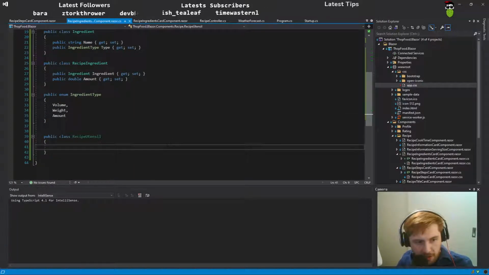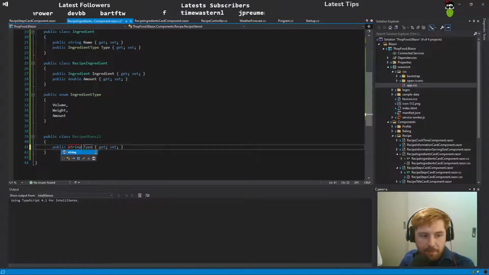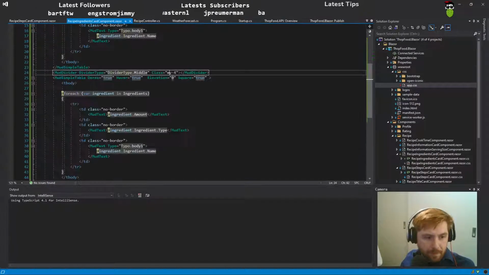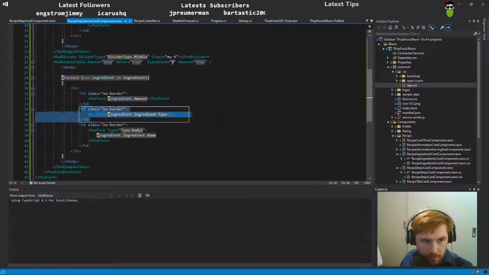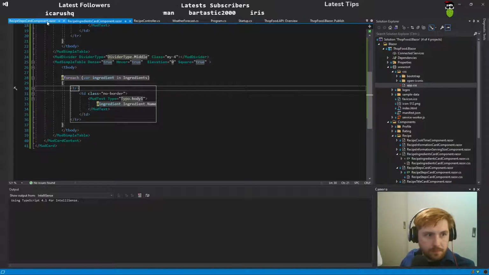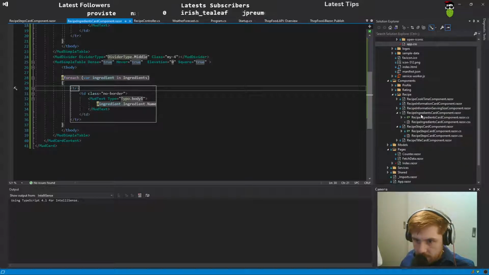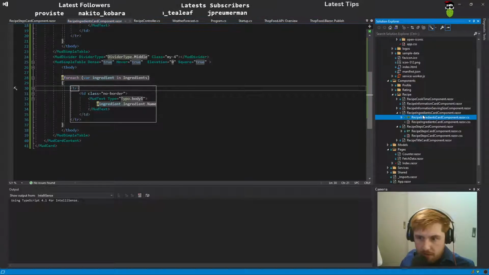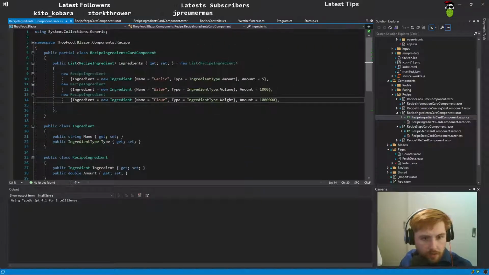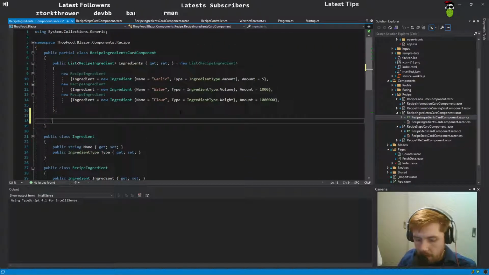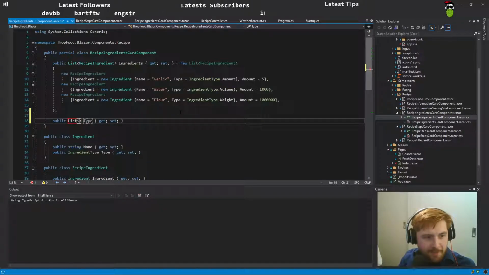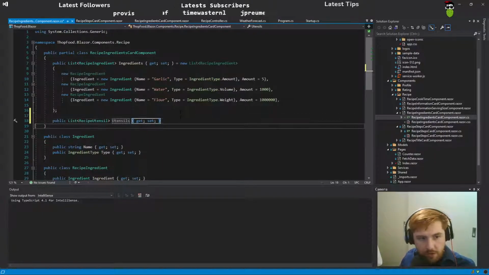But let's continue. So we have a recipe utensil, and it just needs a name. So let's remove recipe ingredients, and let's also create a list here. Prop list. Recipe utensil, utensils, and let's create